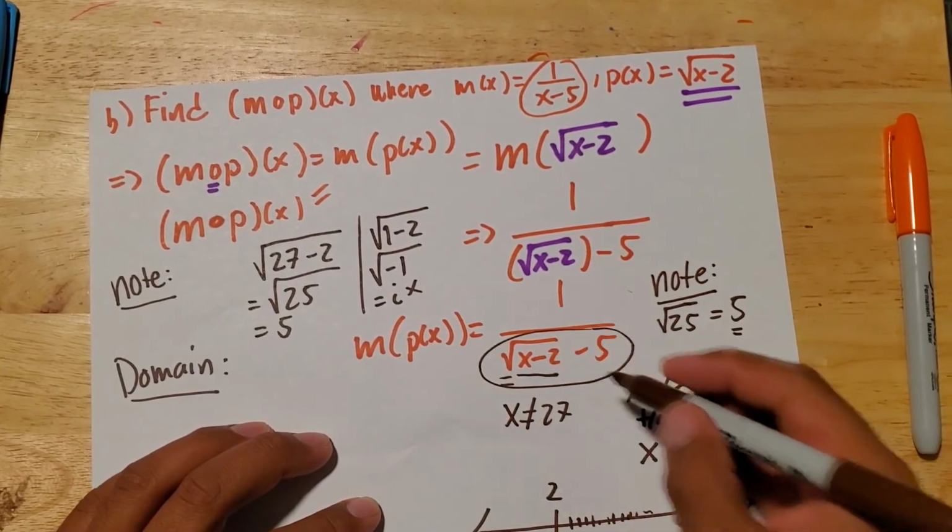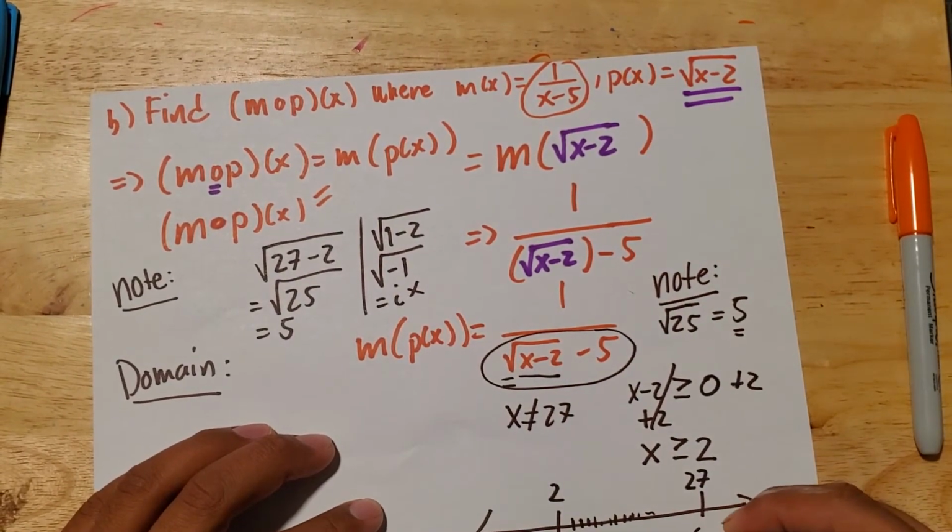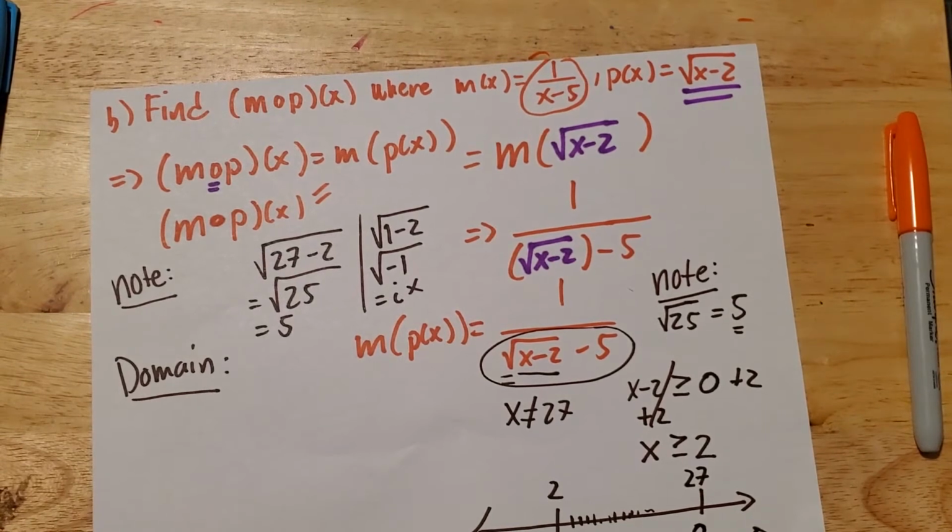This overall function wants an open circle at 27. Again, it will have no problem with any other numbers. It just has a problem with 27. But then the square root has a problem with the numbers that are smaller than 2. So a way to satisfy both of these two ideas,